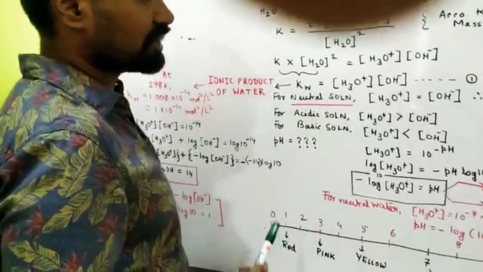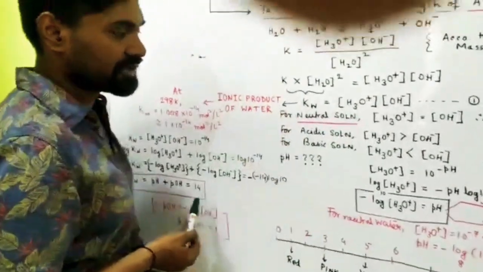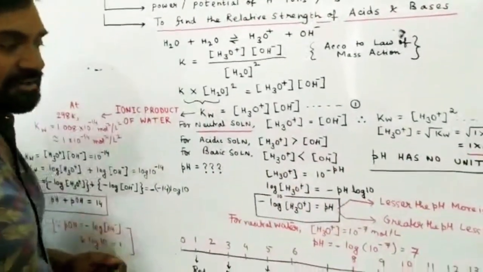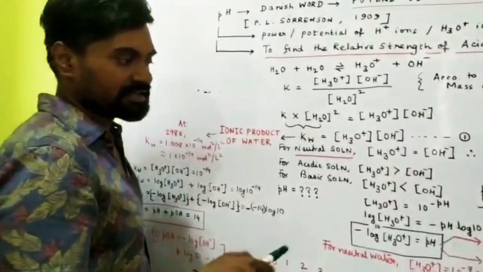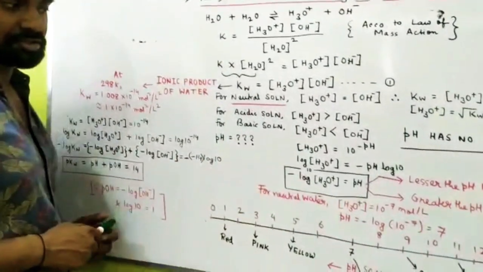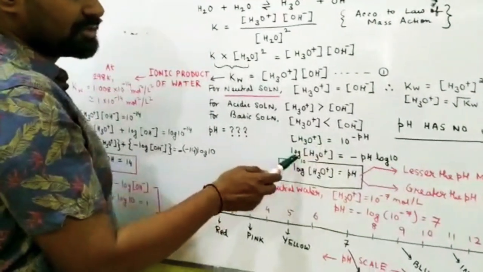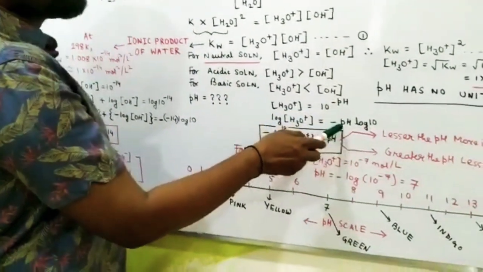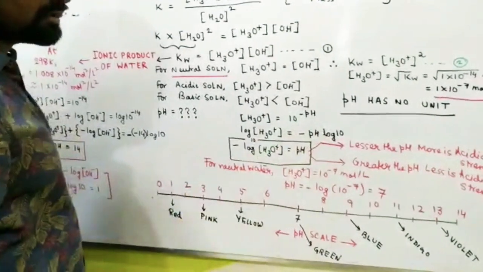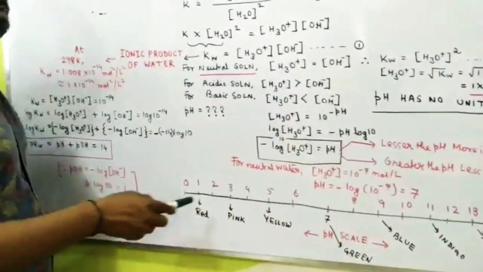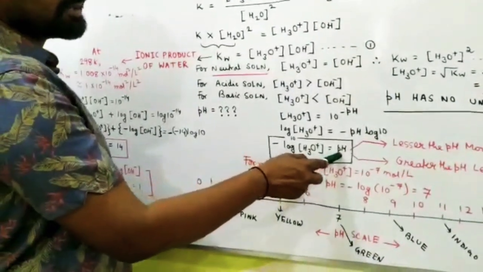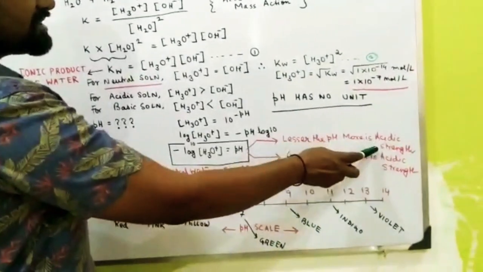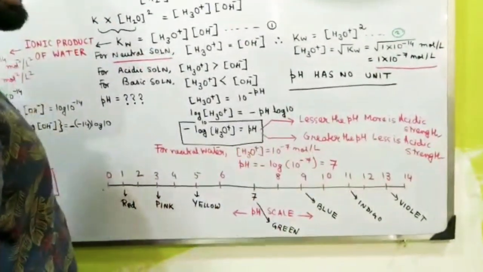Okay, so what is pH? What is the definition of pH as per the heading of today's class? H3O plus equals 10 to the power minus pH. So pH can be defined as the negative power of base 10 which expresses hydronium ion concentration. If we take the logarithm on both sides, we get log base 10 of H3O plus equals minus pH log 10, since the power comes down. We know log 10 is 1. If we multiply throughout by minus 1, we get minus log H3O plus is pH. So this is actually Sorensen's equation. Lesser the value of pH, more is the acidic strength. Greater the value of pH, less is the acidic strength.